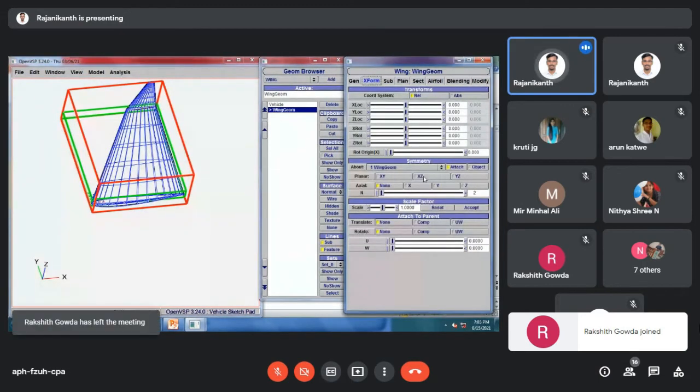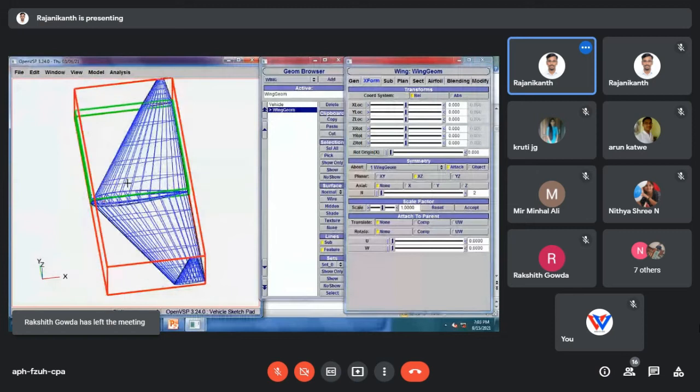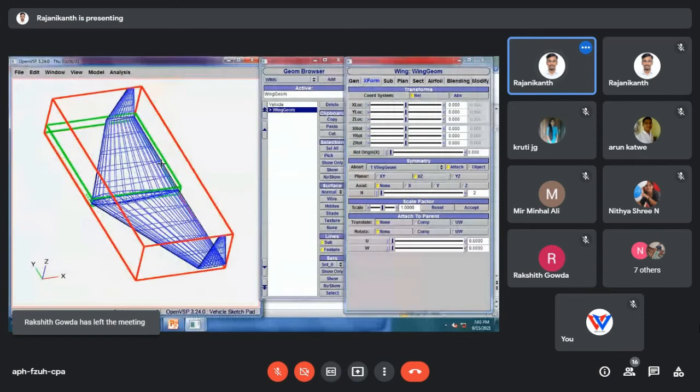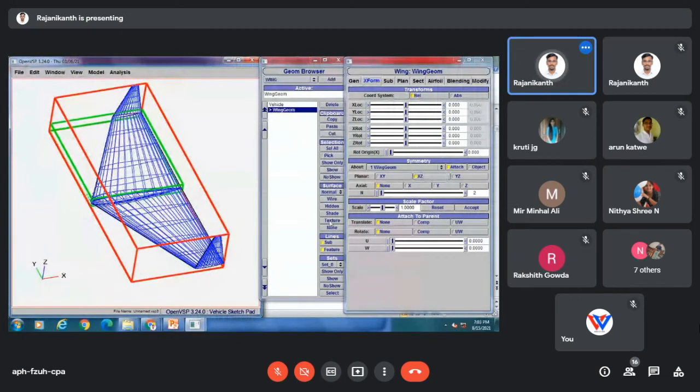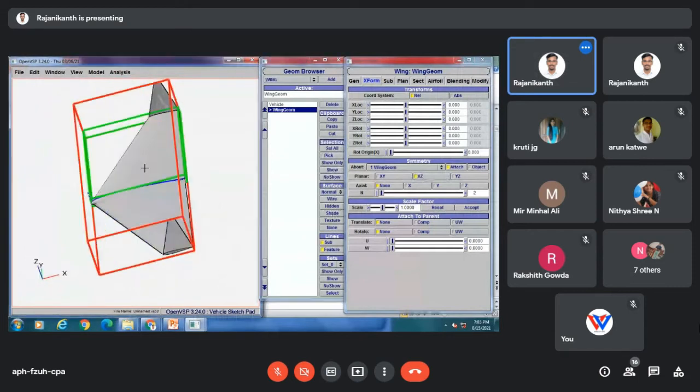Now we will use the symmetry about XZ plane. So if you're okay with this, then just shade.